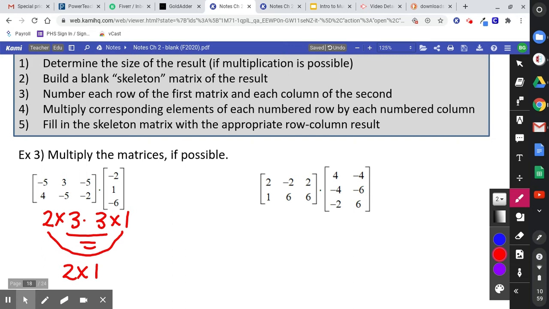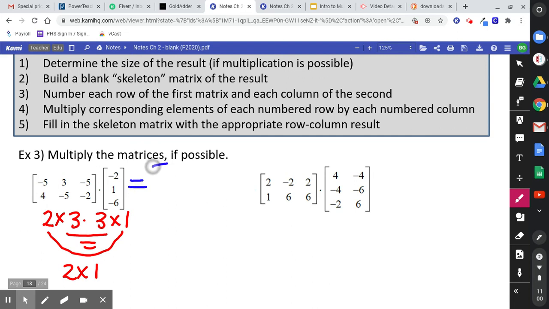Here's where some students are going to resist, okay? Students that don't like showing their work are probably going to try not to do this, but I think multiplying matrices potentially gets really confusing. So the whole reason for building a skeleton matrix, building kind of like an outline of what's going to look like, is to keep myself organized so my eyes don't get crossed and I don't miss something that I shouldn't have missed. So if I know this is a 2 by 1,